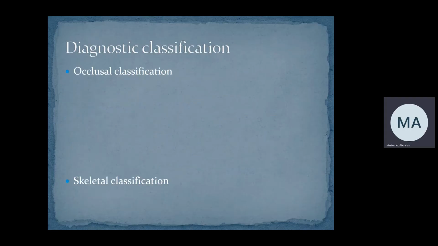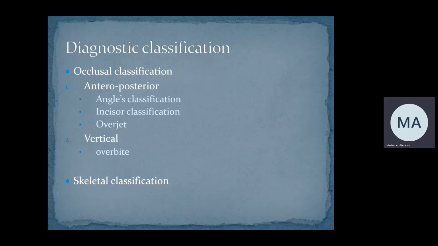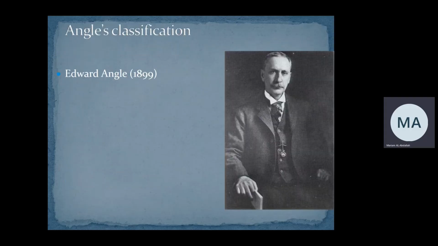For this lecture, we're going to focus on the classification, and we're going to introduce you to further terminologies. For the occlusal classification, that is the intraoral, we're going to look at the anterior-posterior, vertical, and transverse, and then we'll talk about the skeletal classification also in the 3 dimensions. For the anterior-posterior, we're going to talk about the molar classification according to Angle. Edward Angle in 1899